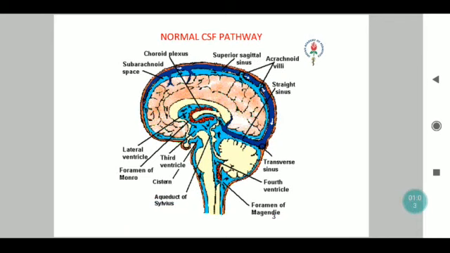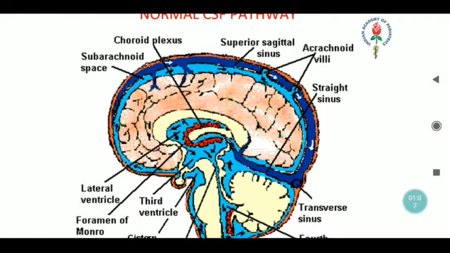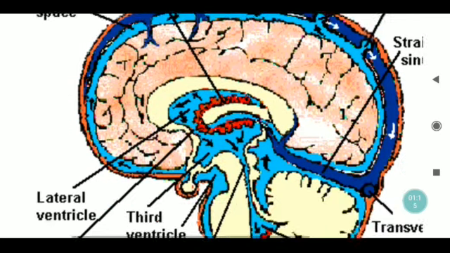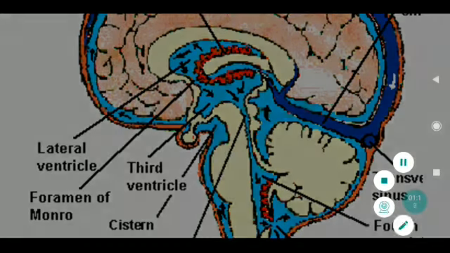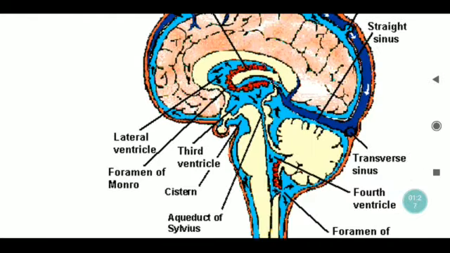If you look at the normal pathway of CSF secretion, we know that CSF is secreted within the choroid plexus, and from the choroid plexus it moves through the lateral ventricle downwards, and downwards it moves through the foramen of Monro into the third ventricle. Now some amount of fluid is also secreted into the third ventricle directly, and further through the cisterns it does come downward through the aqueduct of Sylvius.